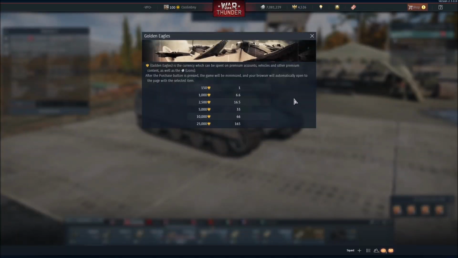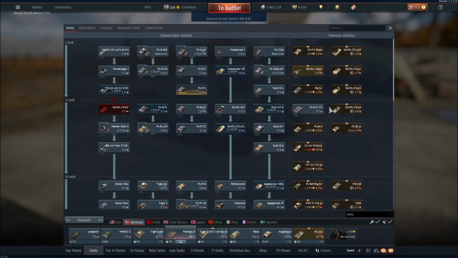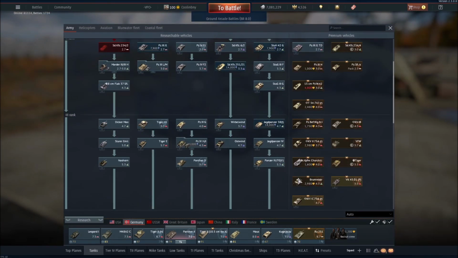Words of the wise, if you go to Gaijin's actual website, and I think it might just be if you have a PC account, but it could be for anyone, they typically have 5,000 Golden Eagles and up for less than this. So if you see 33 here, typically they have it for 25 on their website, so $8 less expensive. And you can use those to buy all sorts of things, typically over here,